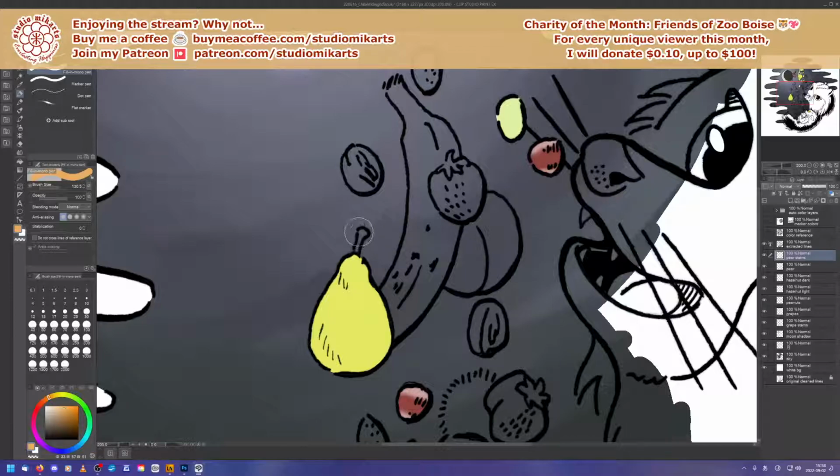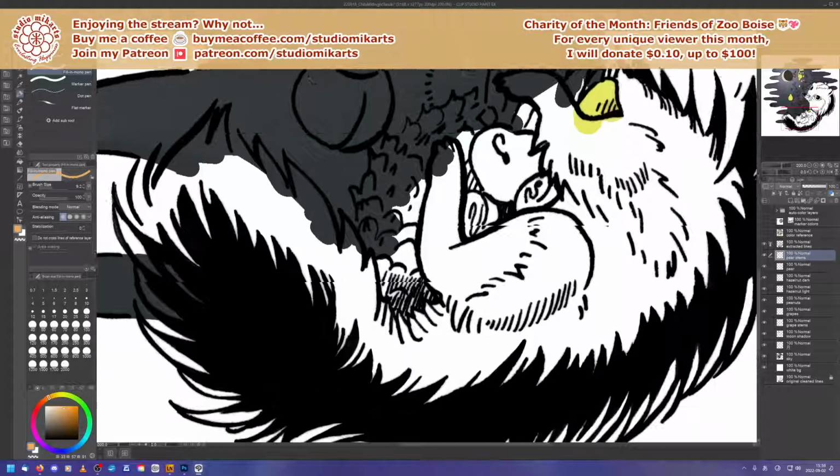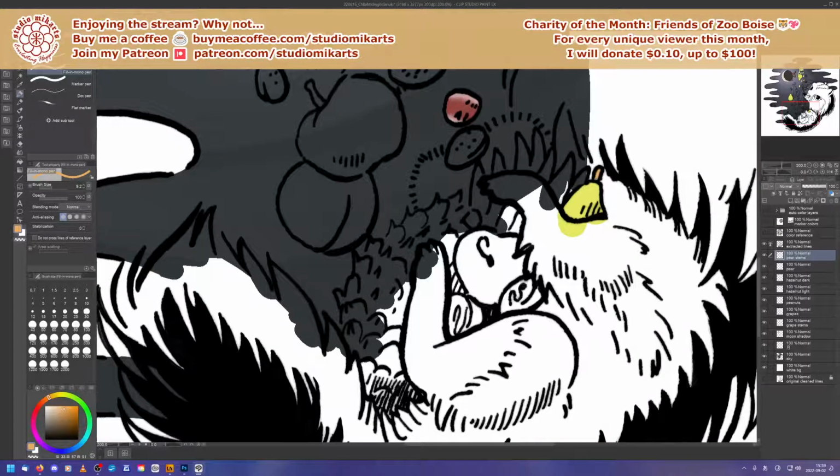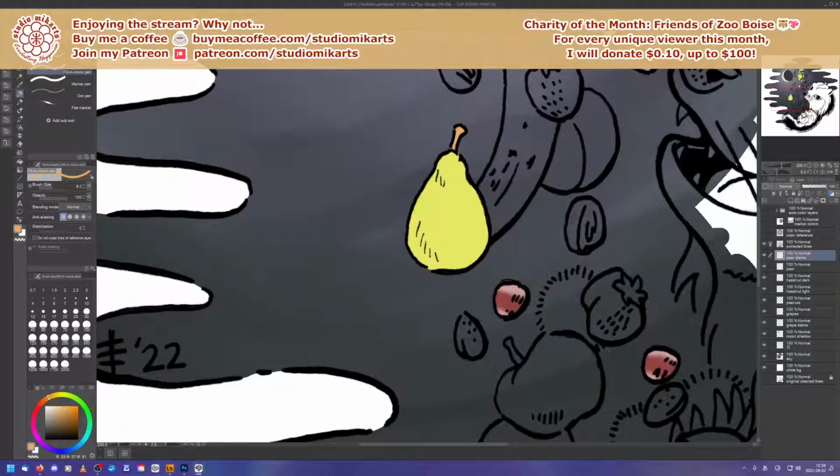I think that works. Oops, it's gonna be way too big though. Oh, that's too small. Just do a precision job in this case. Such a tiny little area. Right